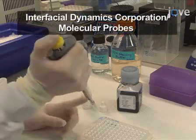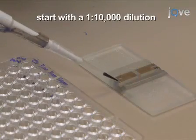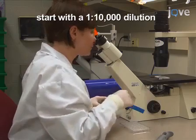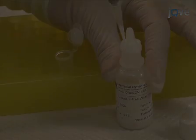Determine the concentration of the carboxylate modified polystyrene latex beads or CML beads by diluting in PBS and counting with a hemocytometer. Once the concentration of the beads is